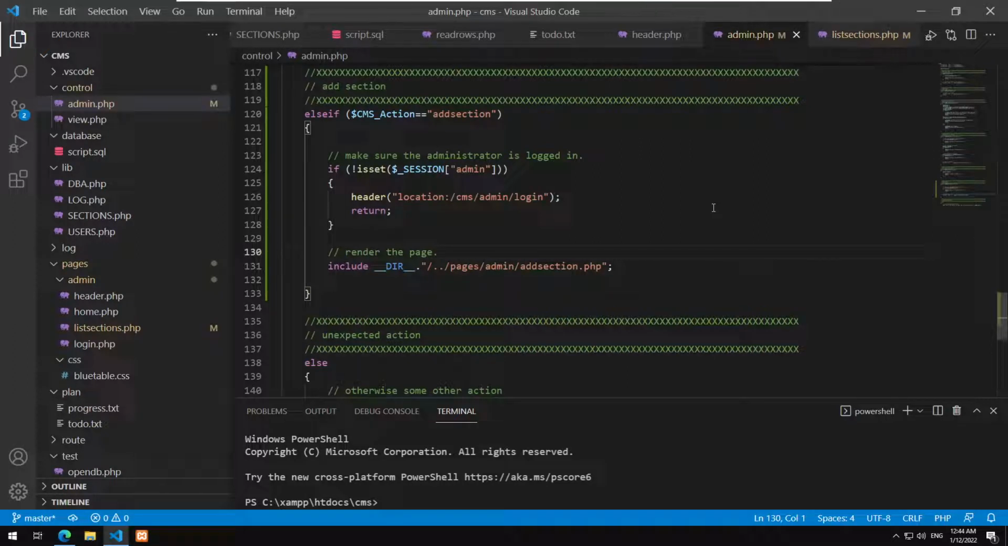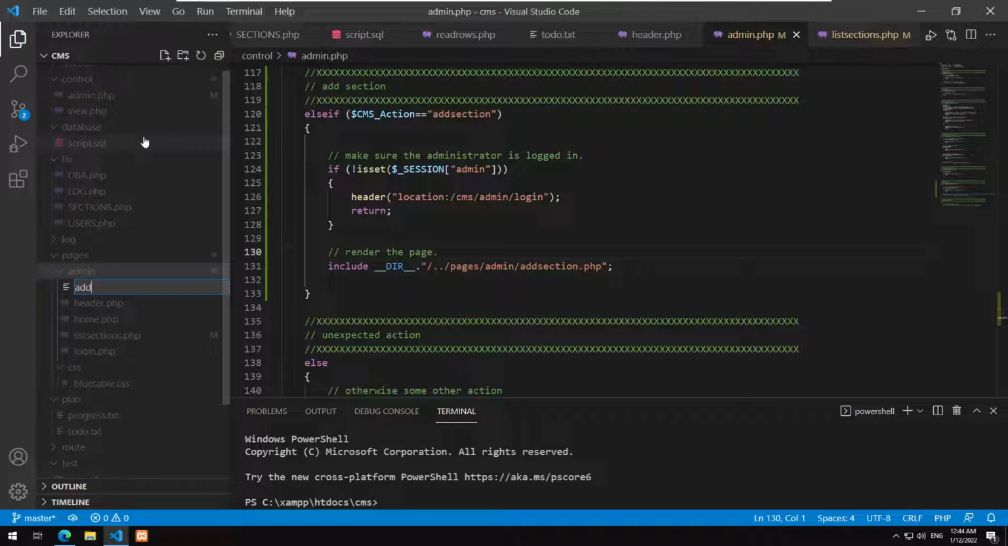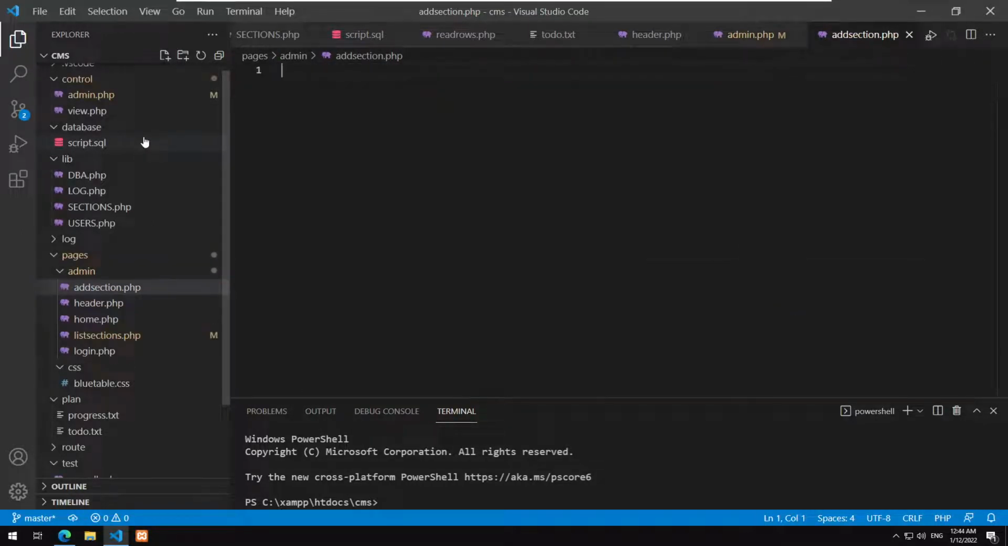since we added this one, now let's go to the administrator pages and have a look at add section. Okay, so let me go here and, okay, add section dot PHP. Okay, now